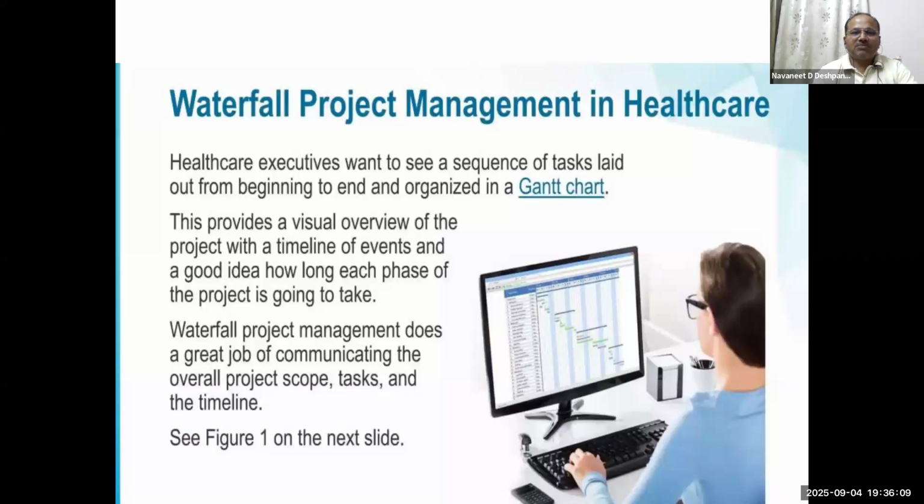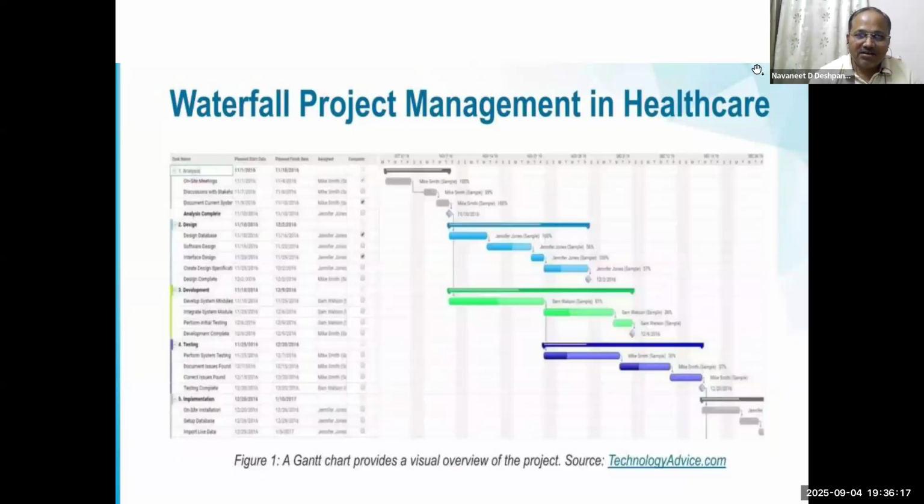Waterfall project management does a great job of communicating the overall project scope and tasks with a timeline. A case example, although this is hazy and not very clear, but I'm just explaining: the first phase is the analysis phase, which carries on for 2 weeks. Then we move on to the design phase, where they are going to design each and every part of the hospital. That carries on for several